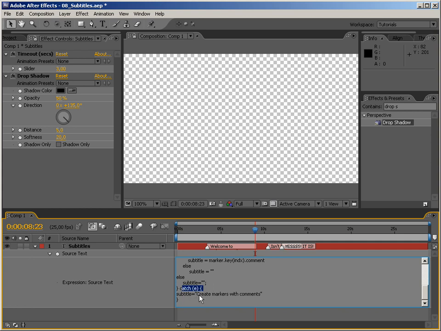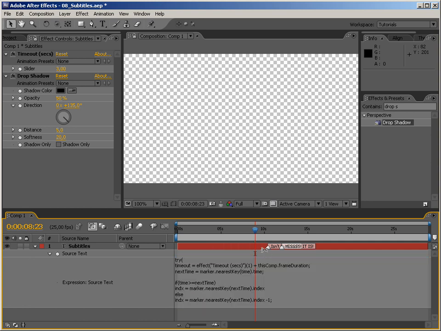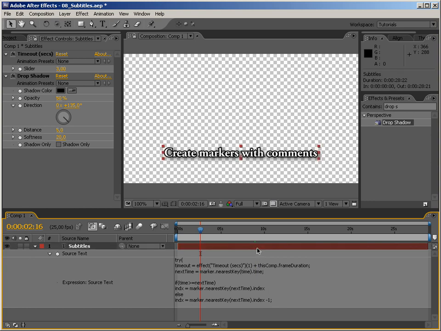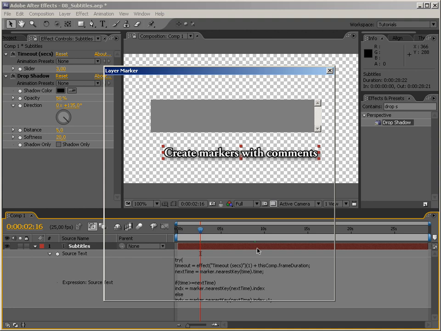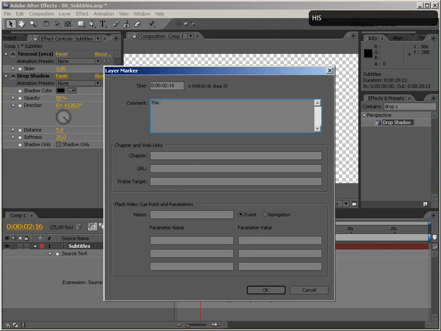And what we're doing is we're setting these subtitles to create markers with comments. As you saw, when there are no markers, and by the way, if you want to delete the marker, you just have to hold Ctrl and click on the marker, it's going to say create markers with no comments, because all of this is generating an error because there are no markers that we are trying to refer to, right? So once again, let's just go ahead and create some markers. So Alt asterisk on the numpad, and